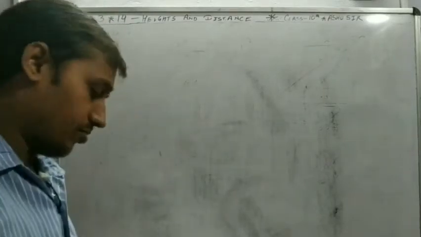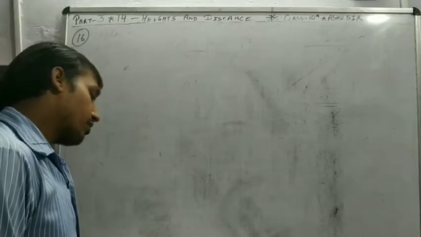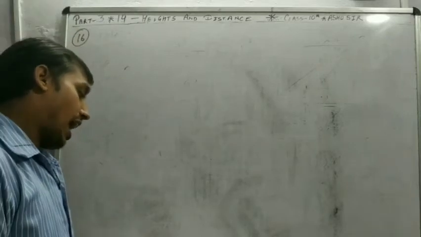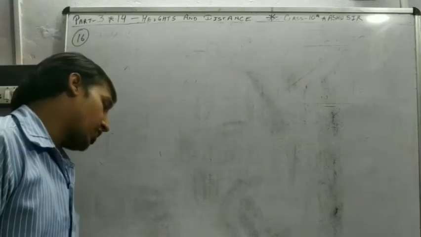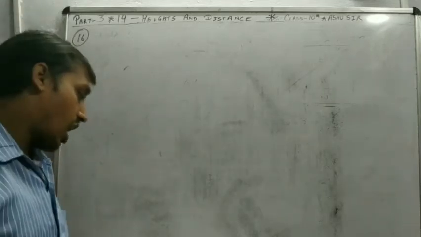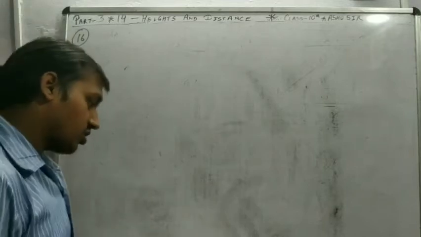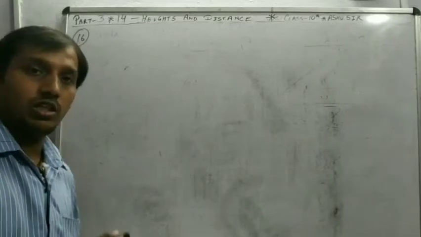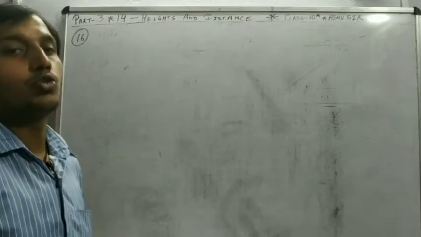So you read the question. Next question we take. Listen to the question. The angle of elevation of the top of a tower from 2 points at distances of 4 meter and 9 meter from the base of the tower, and in the same straight line with it, are complementary. Prove that the height of the tower is 6 meter. Very different question, and it's also a board examination question. Just like I promised you, in the video I explain more than the board questions.